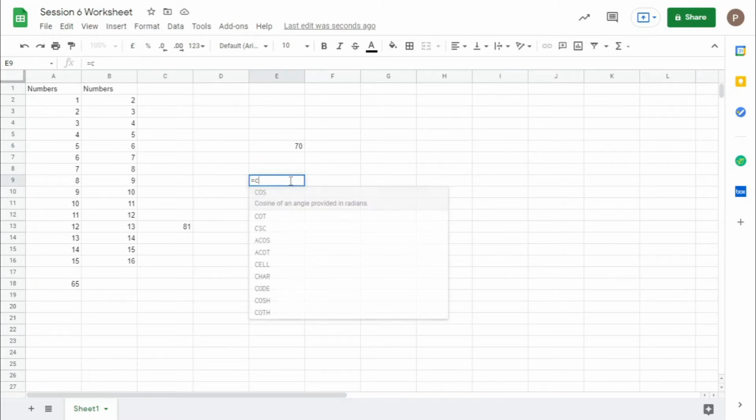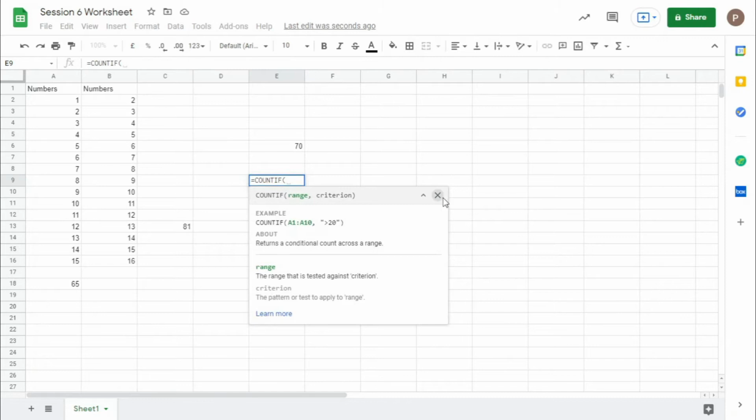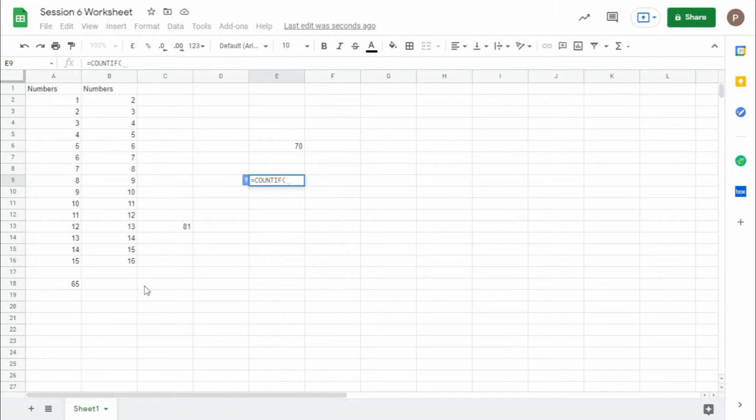Then there is also a function COUNTIF. It's the same, but COUNTIF, unlike SUMIF, doesn't have a sum range. Just give the criteria and say greater than 10.